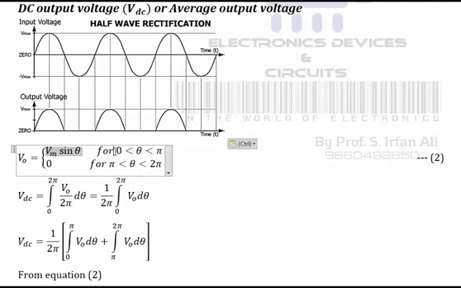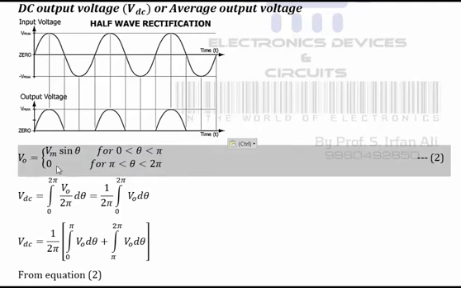So the nature will be Vm sine theta for 0 to pi for this angle theta, and from pi to 2 pi the value is 0. So this equation is actually the mathematical representation of the output of a half wave rectifier. So if you want to take the average of it, we have to add all the values from 0 to